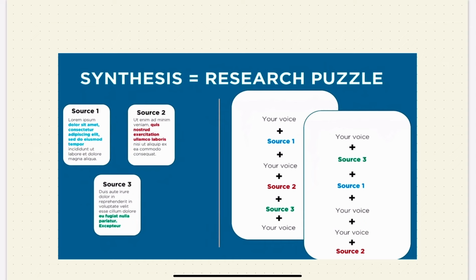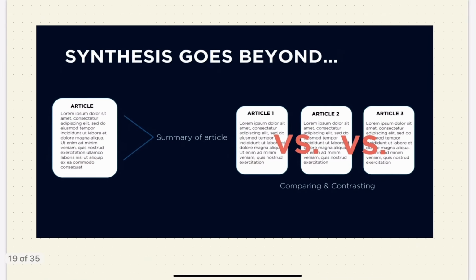So we know that synthesis is like this PD puzzle. And depending on how we organize our pieces, we're going to tell a story during a session. What it emphasizes will look a little bit different based on the ideas that we collected. In this gathering phase, the process of synthesis goes beyond just summarizing sources, or contrasting, or critiquing sources. We're not just using other authors' stuff. We're going to pull on these different niche threads in order to make a narrative that makes sense to us.